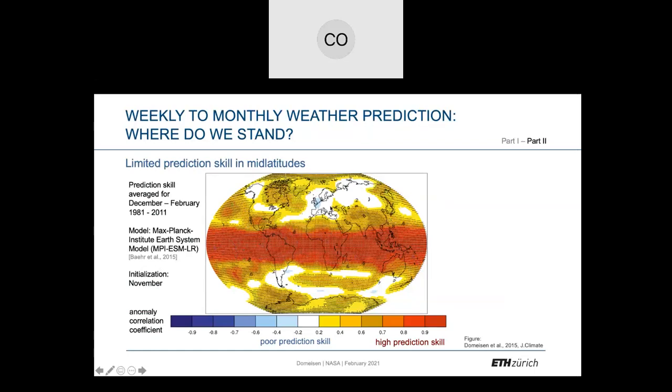And actually, I always show this to the Europeans. Basically, Europe is kind of a blue hole of unpredictability. So this is why, after all, Europe is a very interesting place to try to make predictions. But as you can see, also parts of North America have very poor predictability. So we're trying to see if you can improve that. Especially for this part of the Northern Hemisphere, we might actually have a benefit from using the stratosphere.